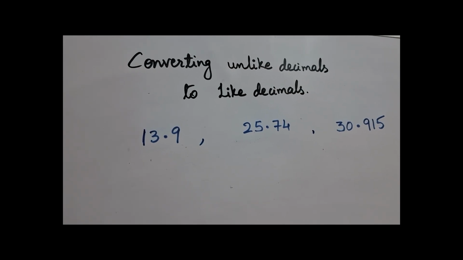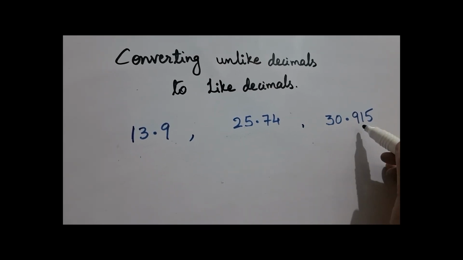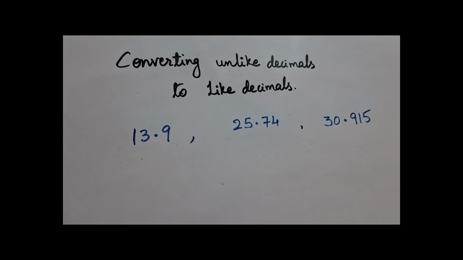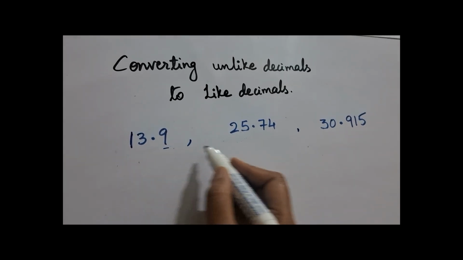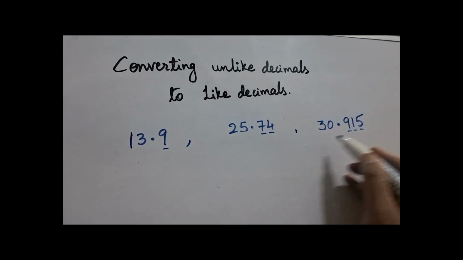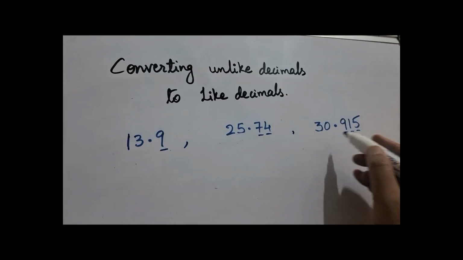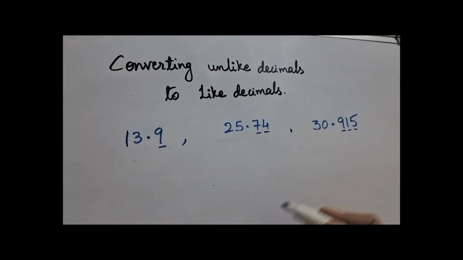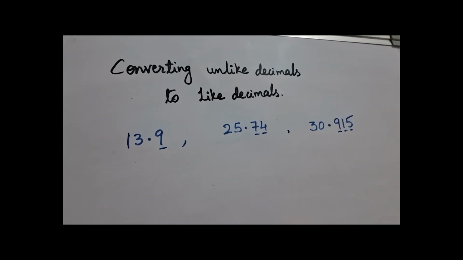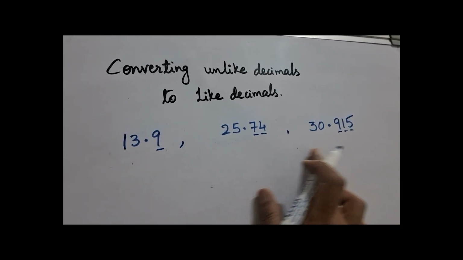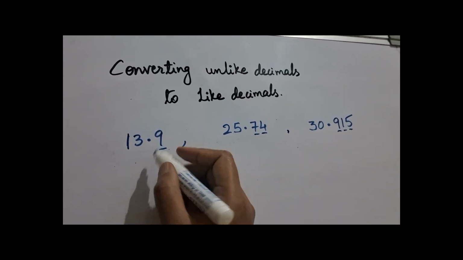Here 3 decimal numbers are given, children: 13.9, 25.74 and 30.915. In these 3 decimal numbers, we can see that the decimal places are different. Isn't it? This is having only 1 decimal place. This is having 2 decimal places, and this number is having 3 decimal places. So they are what, children? Unlike decimals. They are unlike decimals. Now can we convert these unlike decimals to like decimals? Yes, we can convert, because here